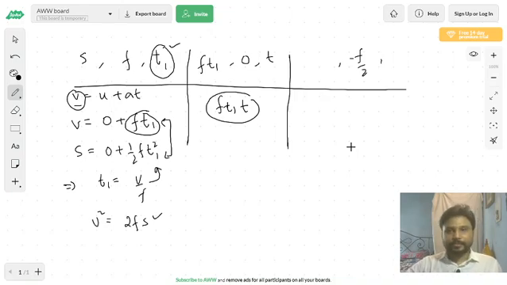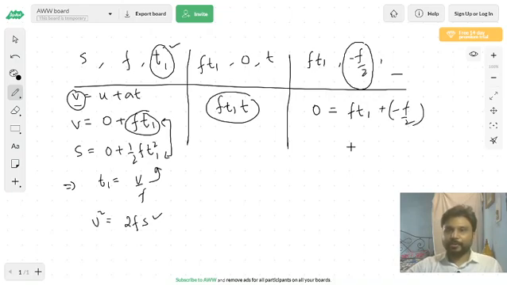So we'll try that. Now in the last part, the acceleration is minus f by 2. We are given the speed ft1, and we are asked in what time would the particle be able to stop. The particle will stop moving eventually. So final velocity is 0, initial velocity is ft1 plus acceleration minus f by 2. v is equal to u, this is the initial velocity, plus acceleration into time. Let's say this is t2. So t2 would come out to be 2t1.